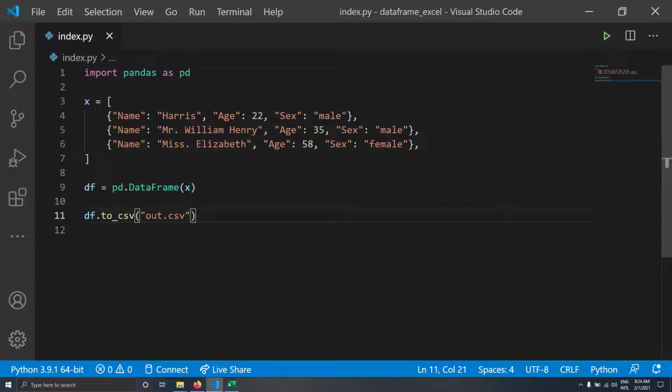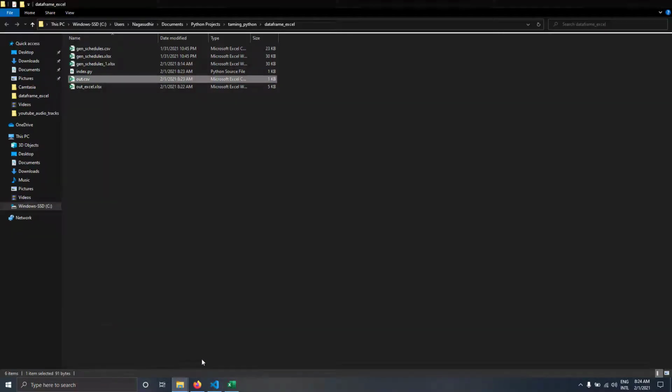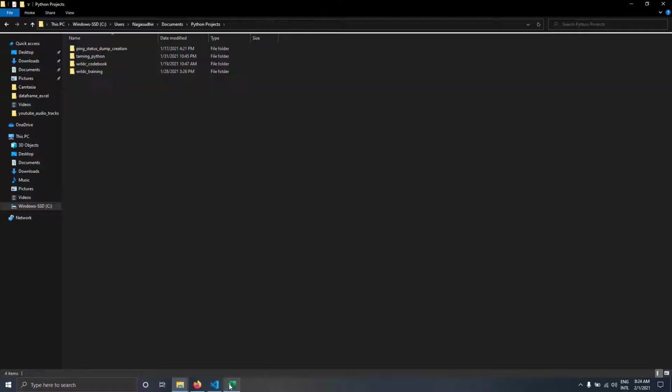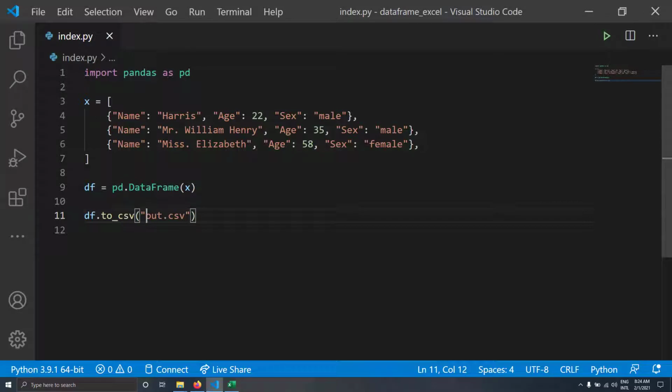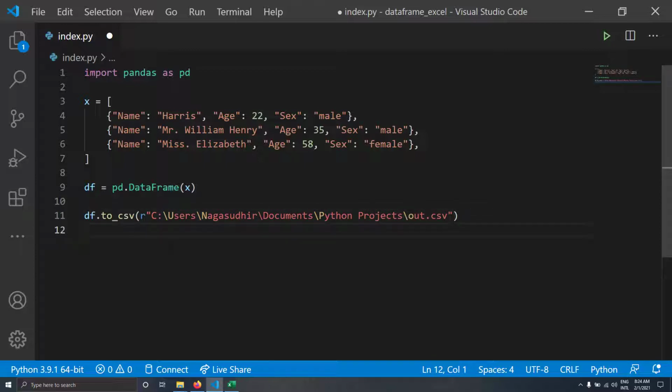And one more thing I want to emphasize here is I can write not only to this data location, I can even write to multiple locations outside this folder. So I'll just write this, and I'll use the raw string because I've got backslashes in my string. I want to export it now to an absolute location, not the same folder location.